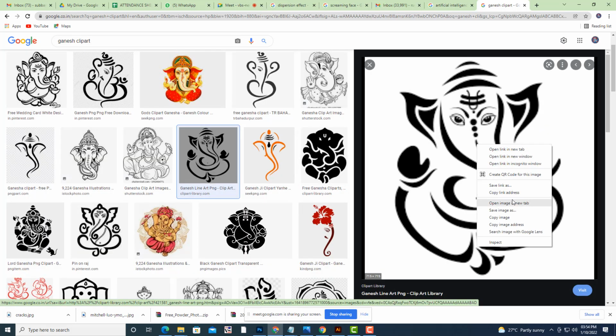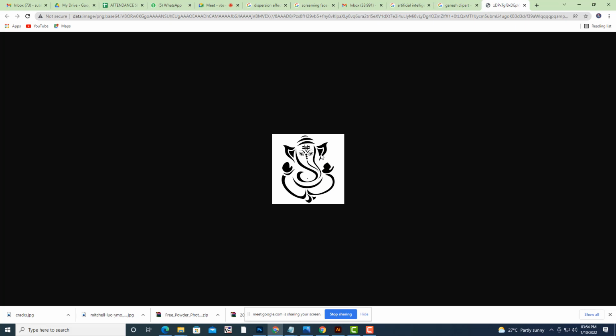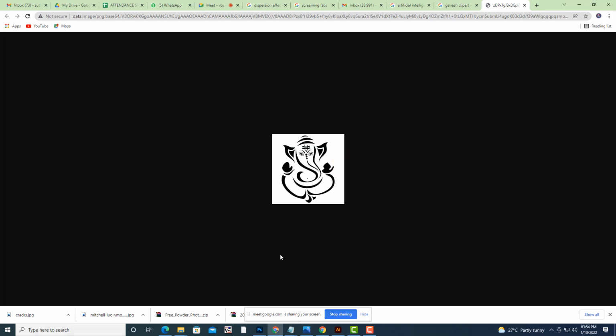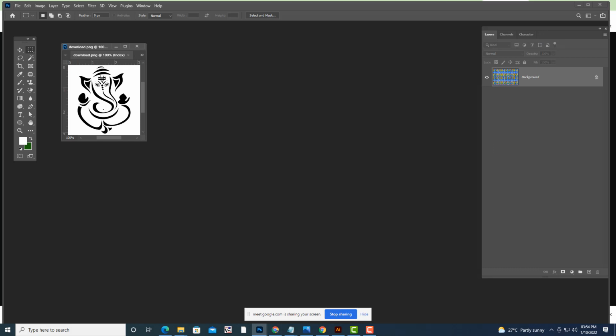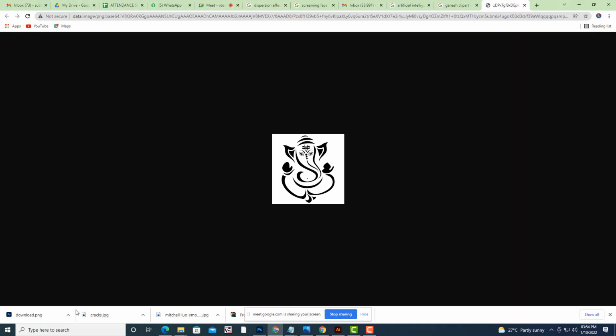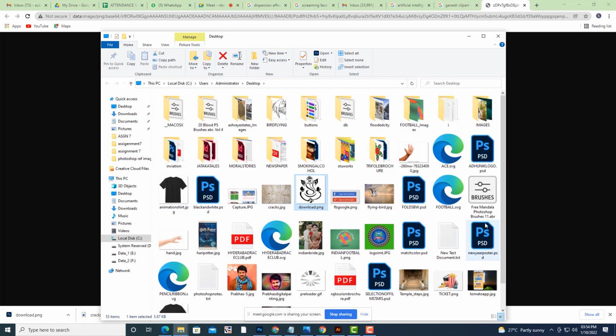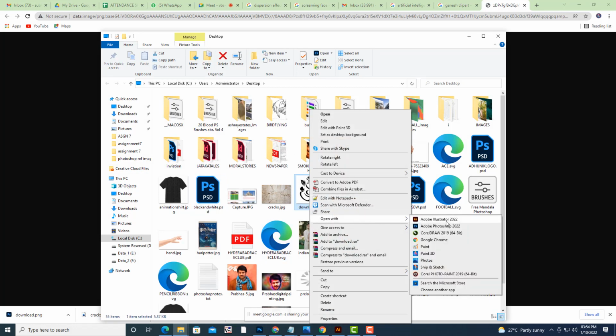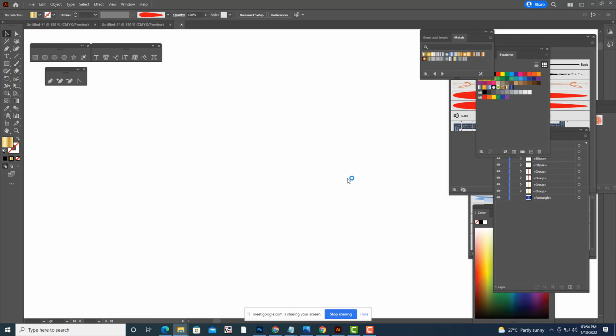So we'll just save it. We'll open it in Illustrator. So right click, open with Illustrator.